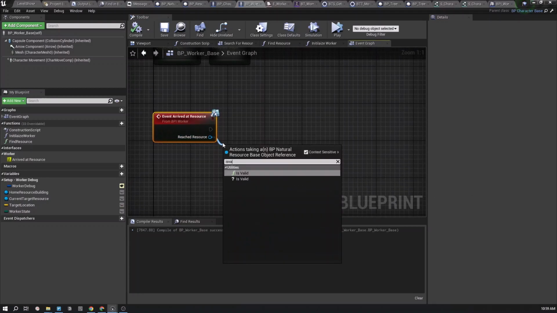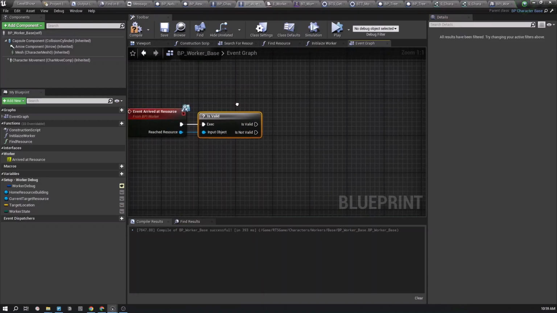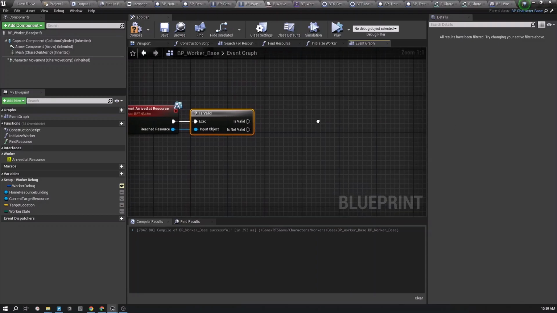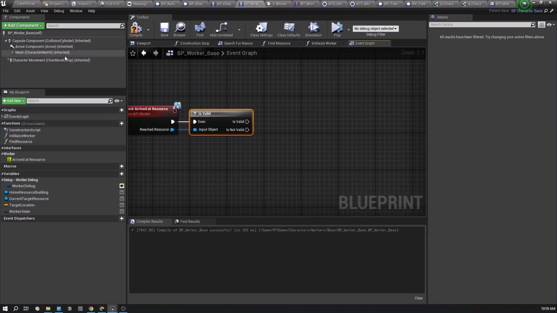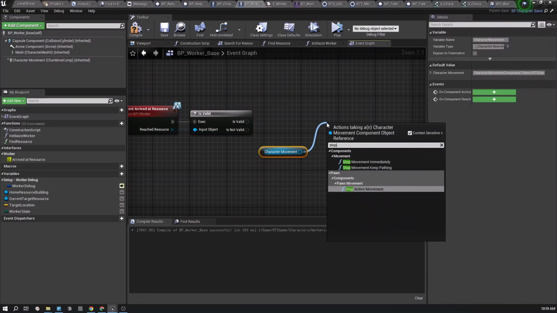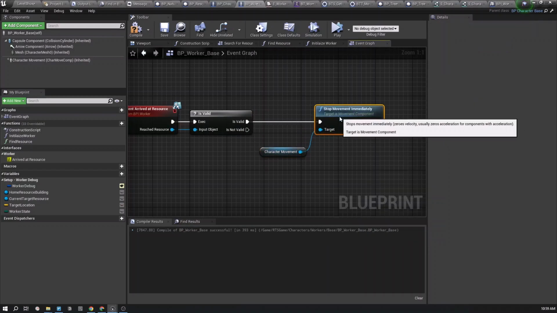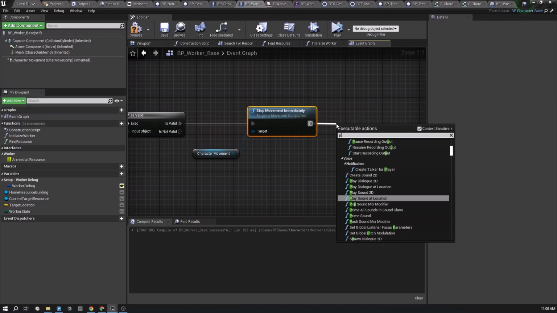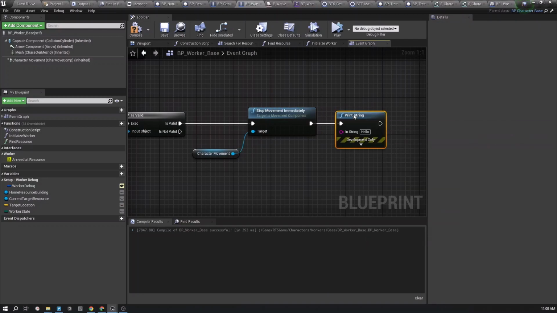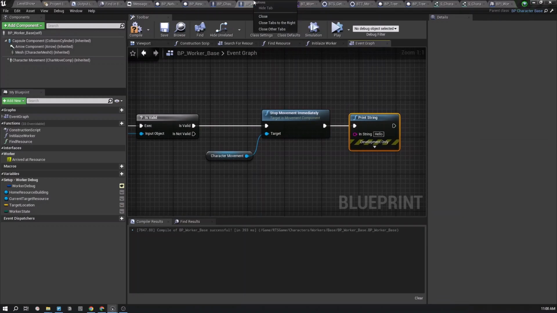So once we reach a specific resource, and if it is a valid thing, we have to stop moving our character, right? Stop movement immediately, and for testing purposes I will simply print a hello world, right? And I'll close all the unnecessary tabs,